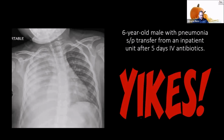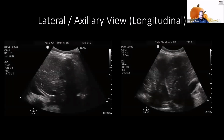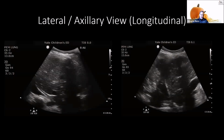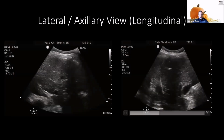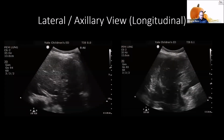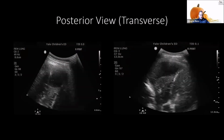And so I had the opportunity to perform a lung ultrasound on this child, which I did. And we start on the right side in longitudinal axis. And you can clearly see here a small pleural effusion. We can see here some tissue that shouldn't be there. But what I like to show about this case is, if I had stopped there, I wouldn't have gotten a complete